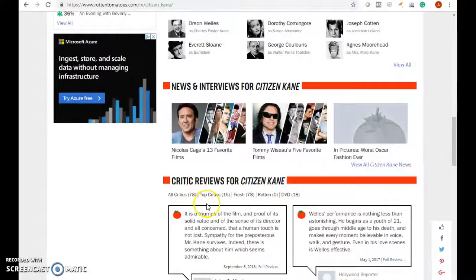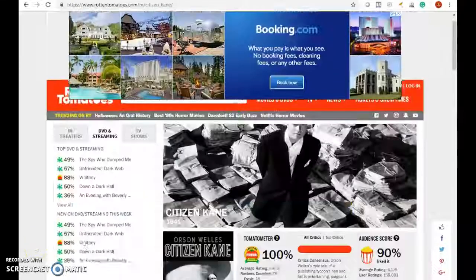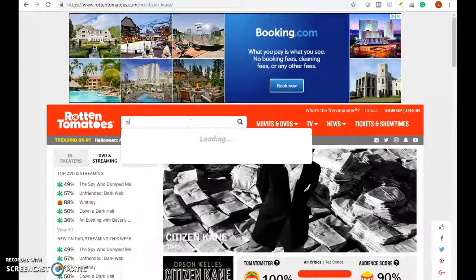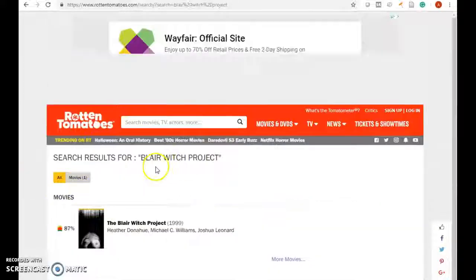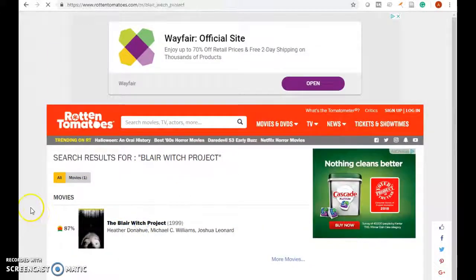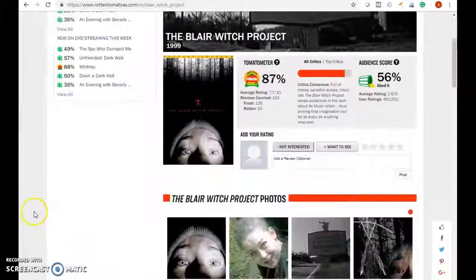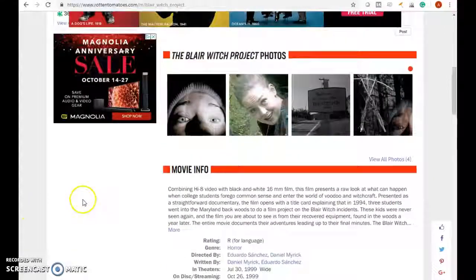With Rotten Tomatoes, what they do is, if it's fresh, it has favorable reviews and comments, and then rotten would mean that nobody likes it. So maybe we'll find a different one. I was searching for Blair Witch Project before, and there were some rotten reviews of that particular movie, even though it's pretty highly rated. 87 is kind of high. Scrolling down here,